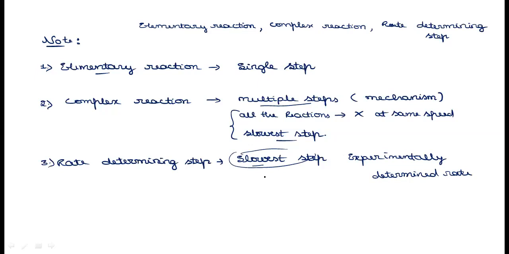For that, if we write the rate equation, we can understand. The steps which take place very fast are not going to decide the rate of a chemical reaction. The steps which take place very slowly are going to decide the rate of a chemical reaction. Hence, this has very good importance in understanding complex reactions, because many reactions will not take place in a single step. They involve complex reactions, which are referred to as the mechanism of a chemical reaction.